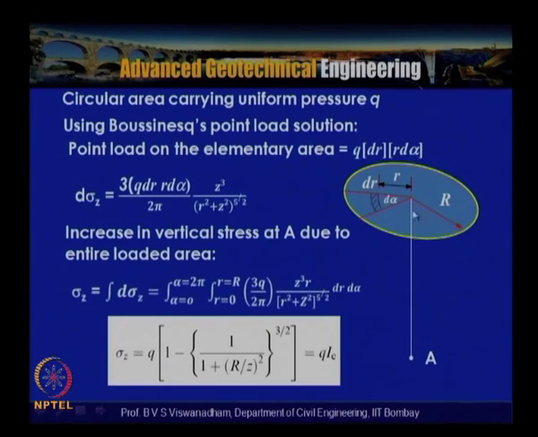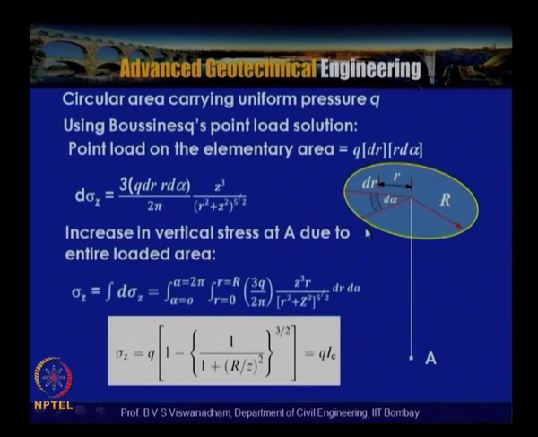If R is the radius, that is 0 here and extending here, now consider a small sector with an angle d alpha. The length of the arc is L equals R into d alpha. Assume the small strip has a radial distance dr. The strip width here is dr and it is at a distance small r from the center. This length is nothing but r d alpha, where d alpha is the angle.